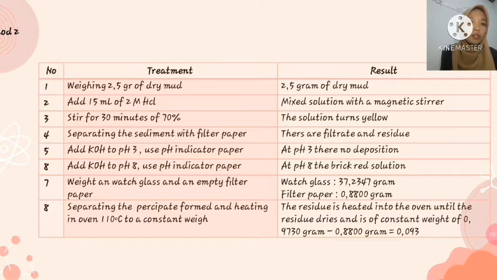37.2347 grams. Filter paper, 0.8800 grams. And separating the precipitate from the mud and heating in the oven at 110 Celsius to constant weight. The residue is heated in the oven until the residue dries to its constant weight of